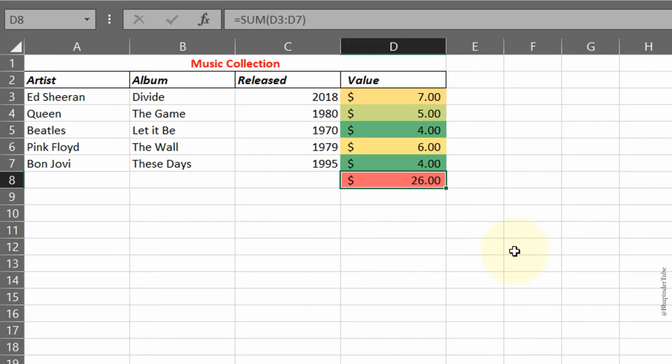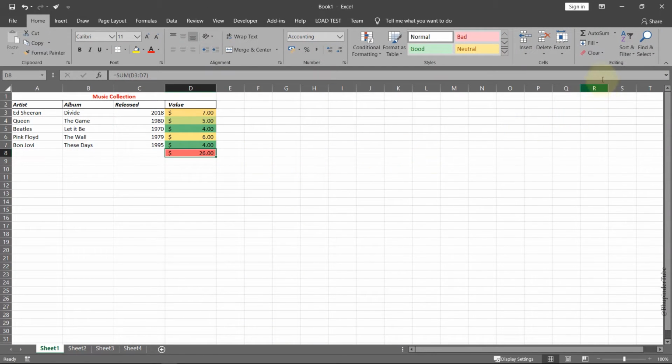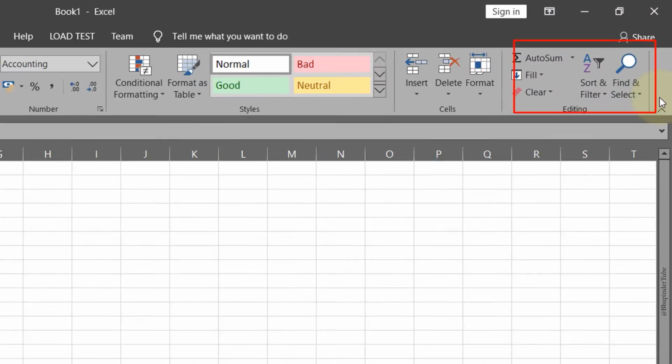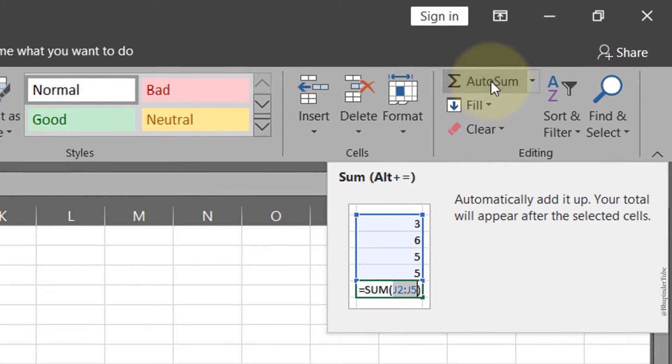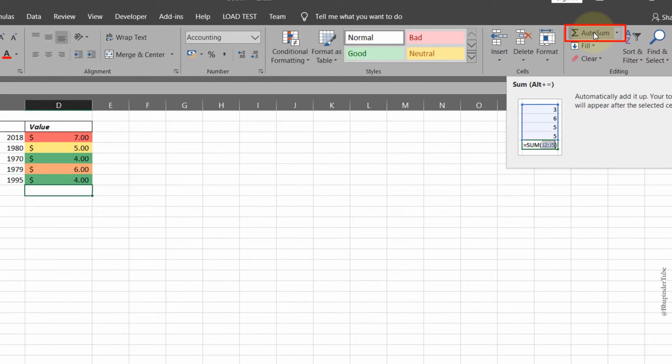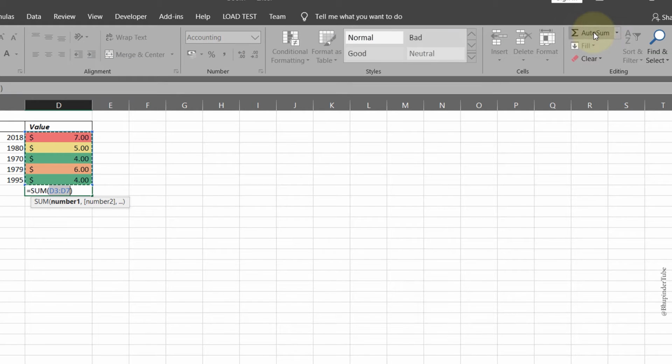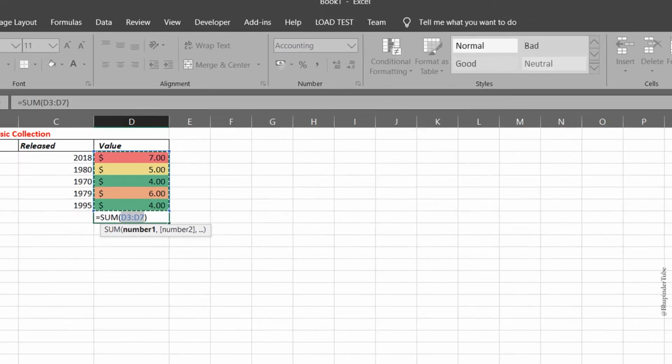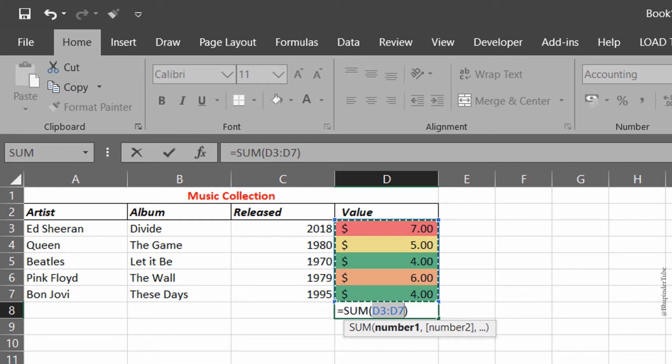And at last, the quickest way to sum up these values would be to go right in this corner, which is called editing, in the home tab. In this group, we got a function called AutoSum. So what happens if I delete this? Remember, click on the cell, and all you need to do is come to this corner and click on AutoSum. It displays what it means by AutoSum, just so that you could verify